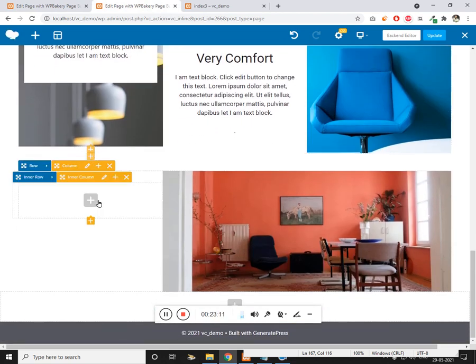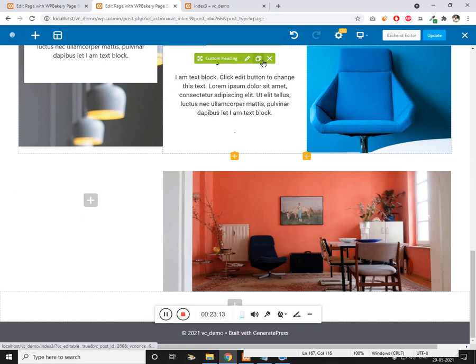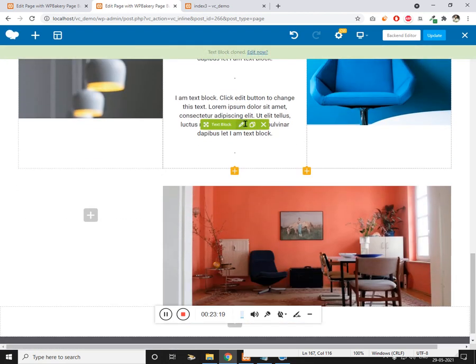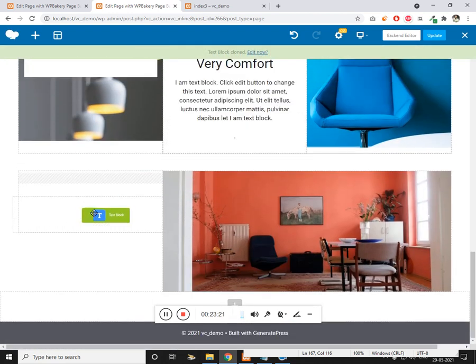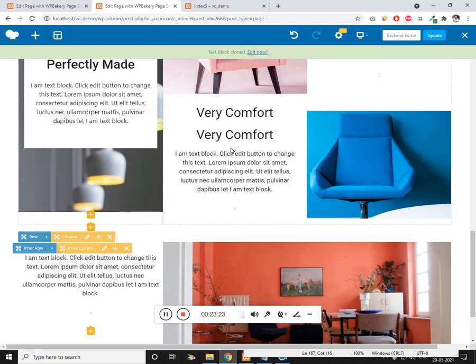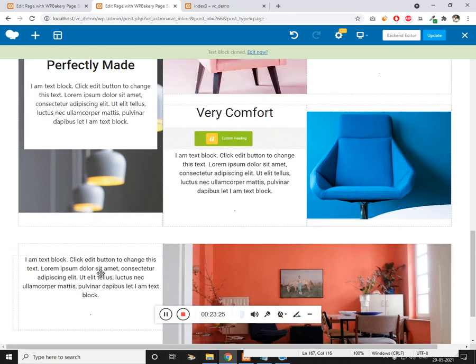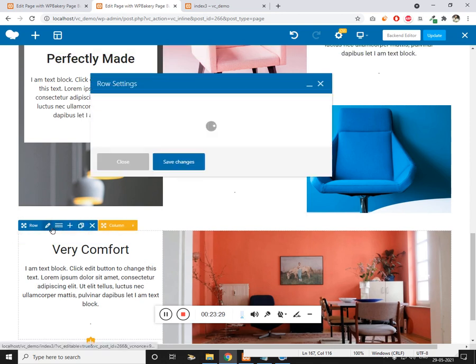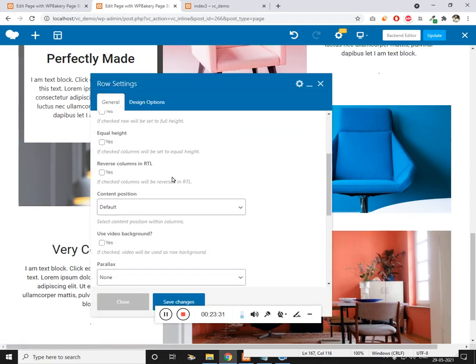Let's make a copy of this, and let's make a copy of this. Let's drag this and paste it inside the inner row. The same way, let's drag this and paste it inside the inner row, and let's edit this row so that whatever the content is appears in the middle portion, so it's just a vertical align center.